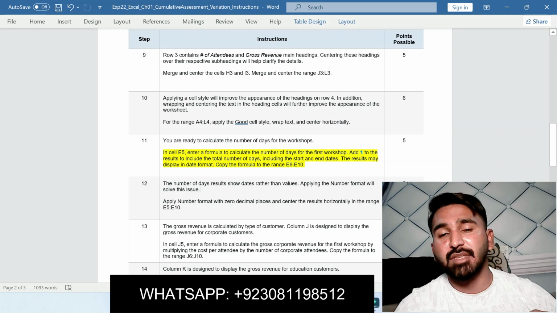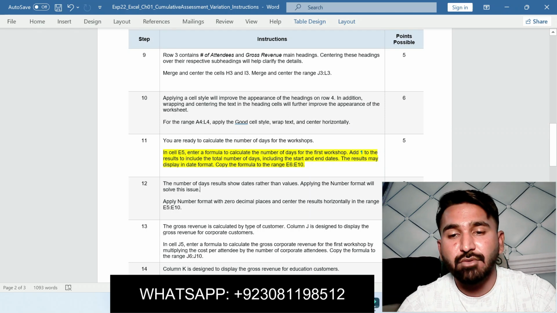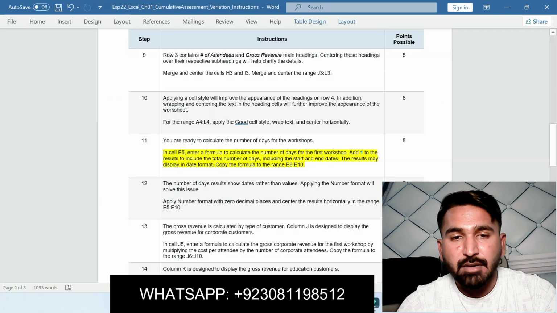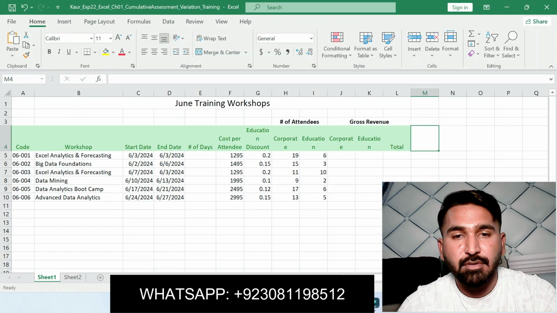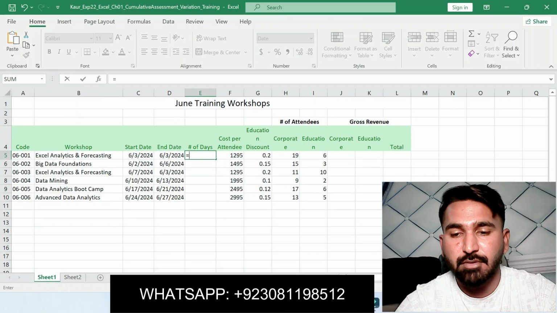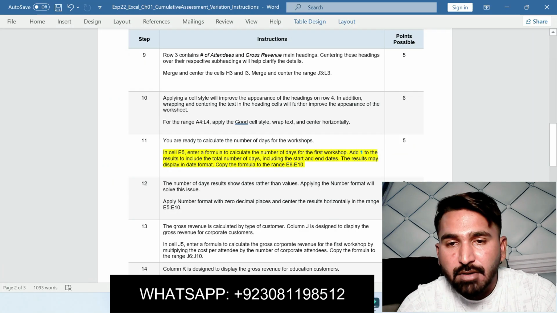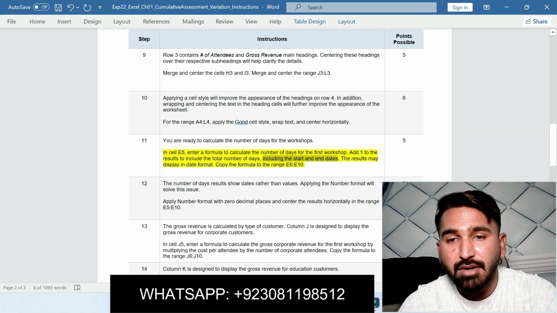Okay, basically in this step we will find the number of days in the first workshop. Go to the Excel workbook, click on cell E5. Subtract the start date from the end date. Add 1 to the result to include the total number of days, including the start and end dates.